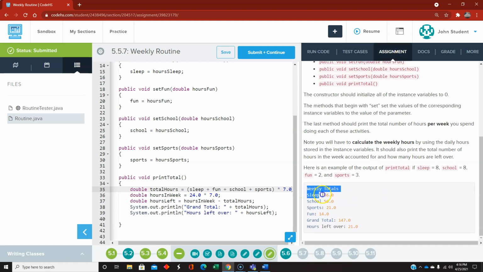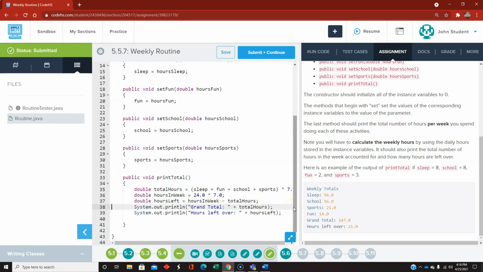Okay, so we need to print out this other stuff as well. So we need several more print statements, it looks like. So we want to print out weekly totals. I wasn't sure that our one little printTotal method was supposed to print all of this stuff out. So then we want to print out